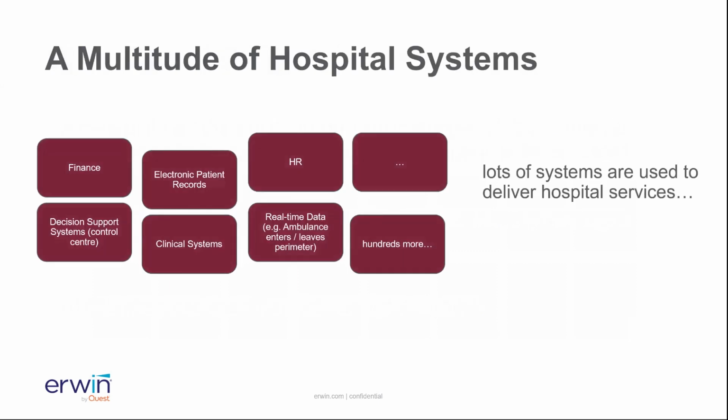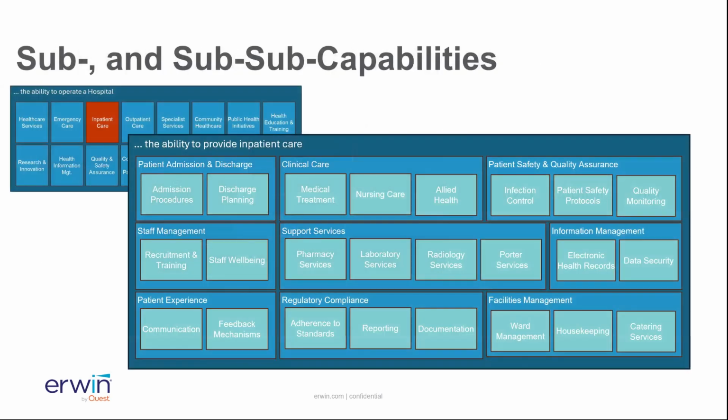And we are also aware that within a hospital, there's probably hundreds of systems working there. The big one being the electronic patient record system, but there's finance, there's HR, decision systems, clinical systems, and so on in there. And I've typically seen 450 or more systems running in a hospital, many of which might feed the need for analytics there. And what we're going to do is start off by looking at the capabilities we had.